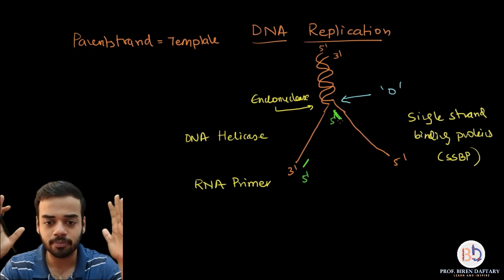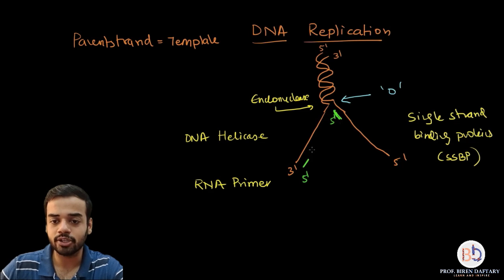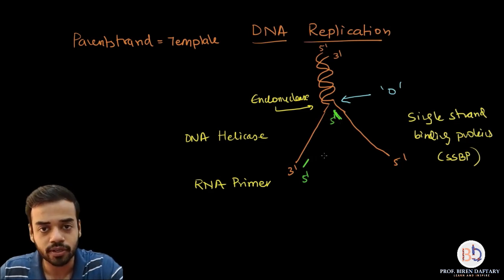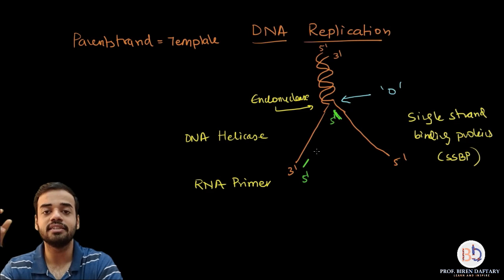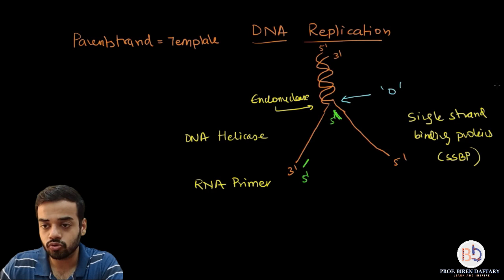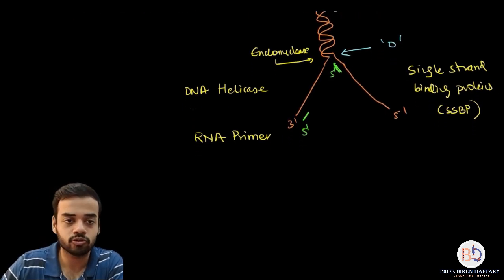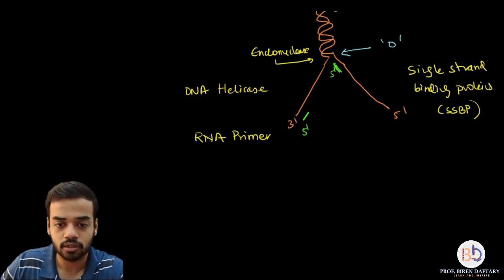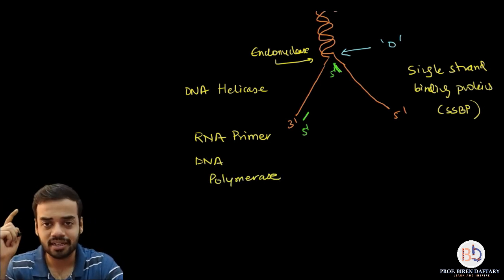Correct? Once the primers have been attached, now you need to add nucleotides on both the strands. Okay, correct? So the nucleotides will be added by which enzyme? The enzyme which will add the nucleotides is called DNA polymerase. Okay, so the next enzyme is going to be your DNA polymerase enzyme. So I'm going to write the enzyme over here. There is a step called activation of nucleotides.